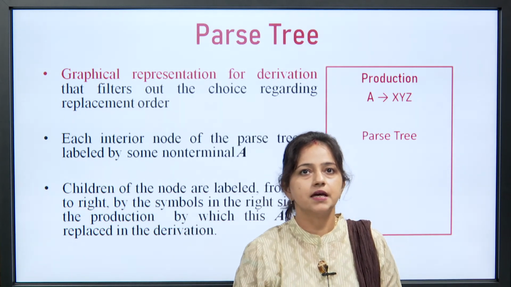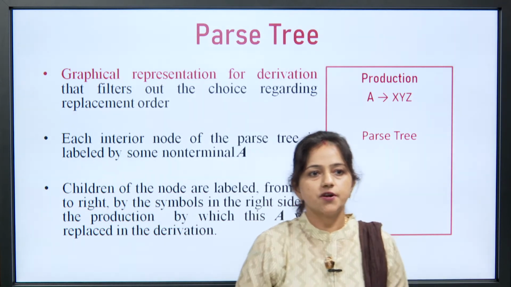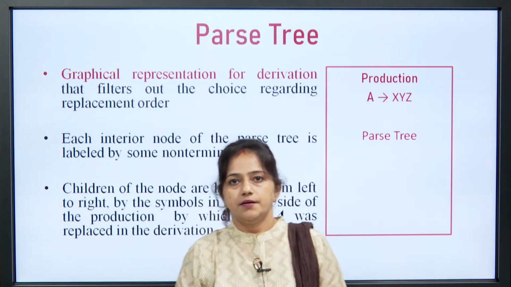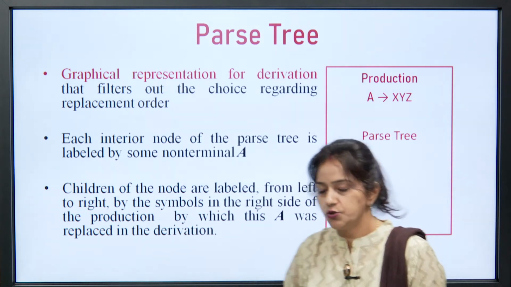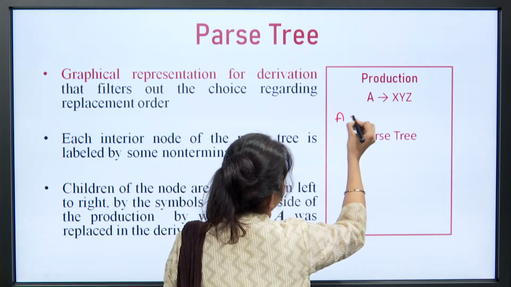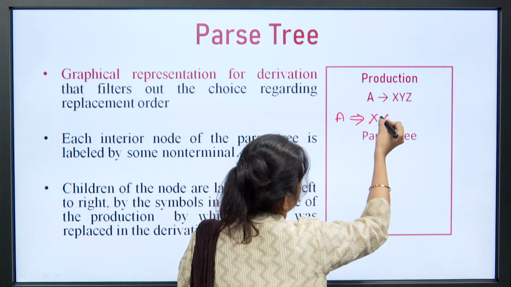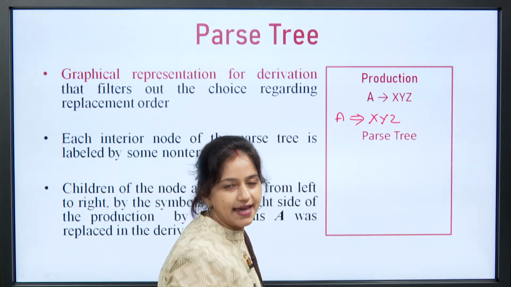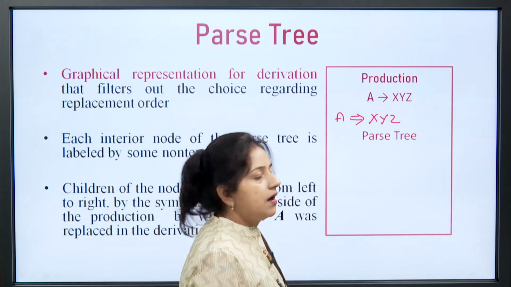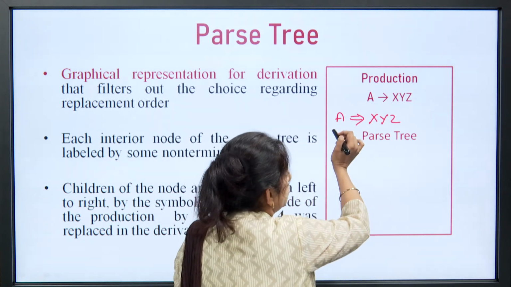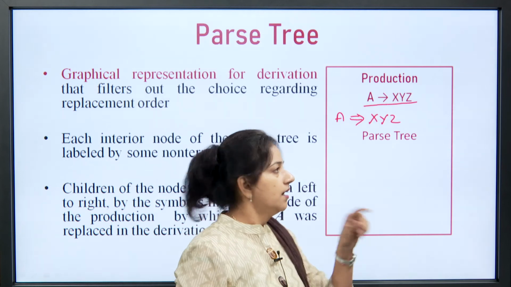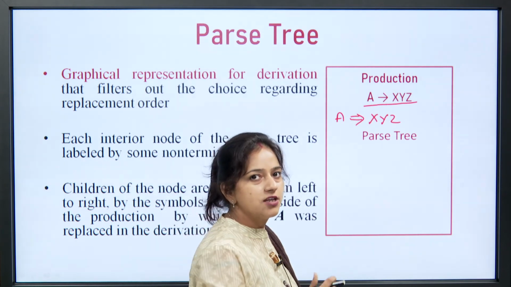Now the next topic is parse tree. A parse tree provides a graphical representation of a derivation. Suppose we have the production A2 x, y, z, and suppose we are doing a step like A derives x, y, z. In some step we have A derives x, y, z. For this derivation we can construct a parse tree. So what is the idea actually? We are doing this derivation using this production, so while doing the derivation, we go to the production that we used. So it is A2 x, y, z.